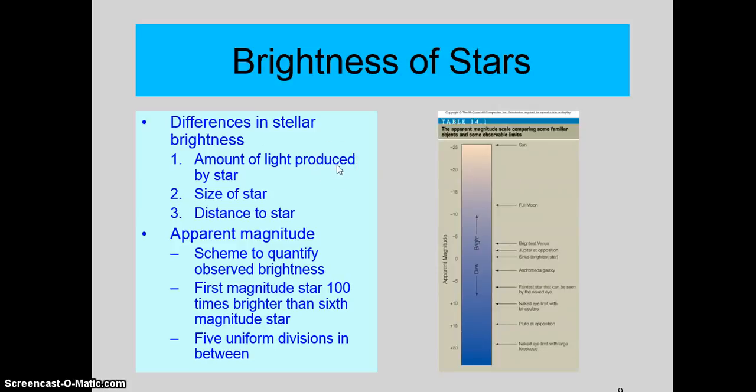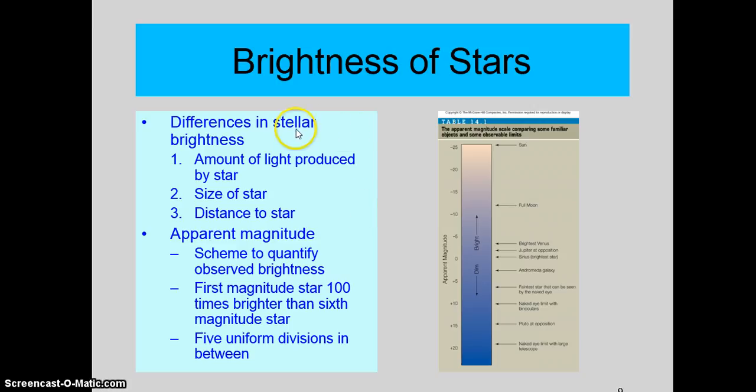There's this magnitude scale that was invented a long time ago, well before telescopes came along. This apparent magnitude scale goes from positive numbers all the way into the negative region. But here's the way it works. The more negative something is, the brighter it is, and on the positive side, the smaller the number, the brighter. So, for example, a first magnitude star is brighter than a second magnitude star, and a second magnitude star is brighter than a fifth magnitude star. All right, so